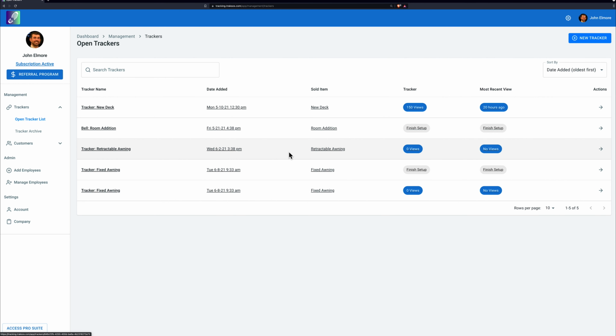This is a list of the trackers that the example user has. Over here, I can see the tracker name, and that'll be the customer's last name followed by a colon and then what was sold, the date that it was added, the sold item, how many times the tracker has been viewed, and when it had its most recent view, being 20 hours ago. If I go into this tracker by hitting this little arrow over here,